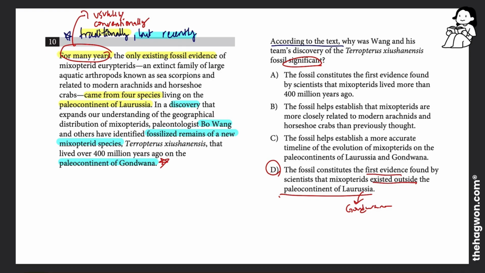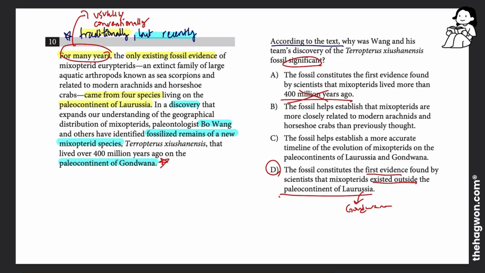Answer choice A says that this fossil is the first evidence that mixopterids lived more than 400 million years ago. Well, we're not really talking about time. We're talking about where the fossils were. So 400 million years ago, this is not the first discovery. It could be, but that's not discussed in the passage, whether it's the first discovery of this fossil from